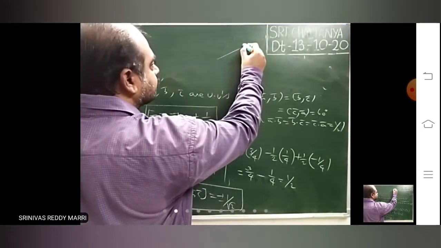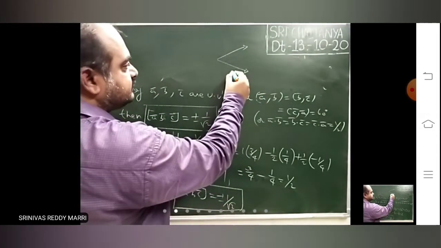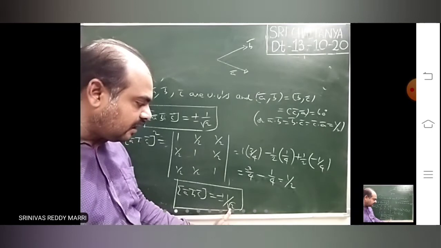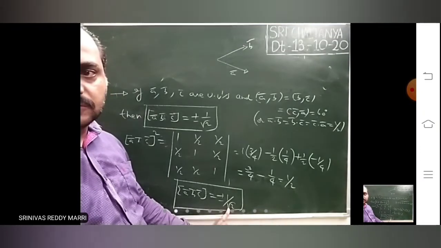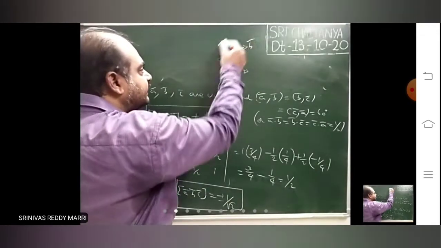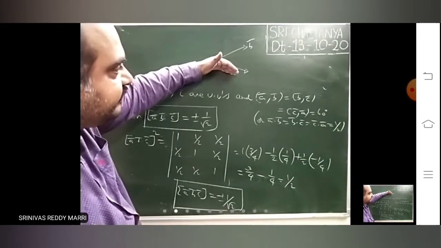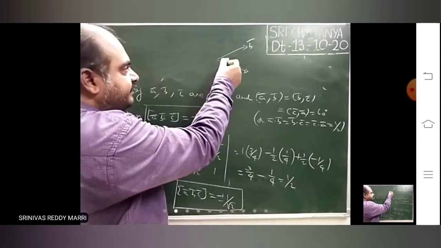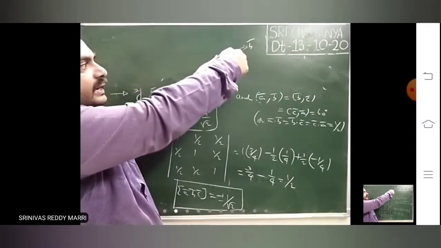You cannot draw because the vectors will be like this. Look at. The vectors will not lie in the plane because box ABC you got what? Non-zero. For three vectors, scalar triple product, what you got? Non-zero. That means they will not lie in the same plane. In the same plane, you cannot draw a vector. On your paper, how can you draw such that it must make an angle of 60 degree with this one, 60 degree with this one? You cannot draw. It will be like this, outside the plane.